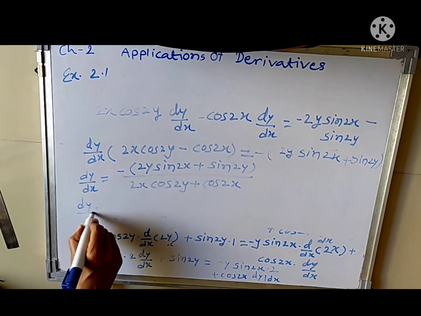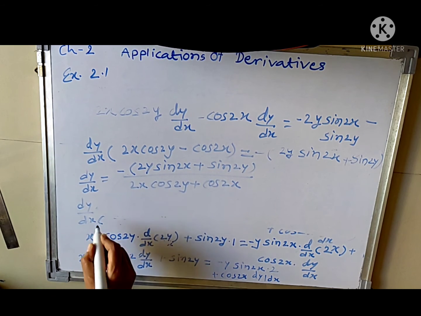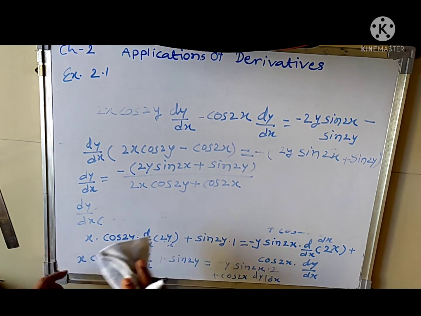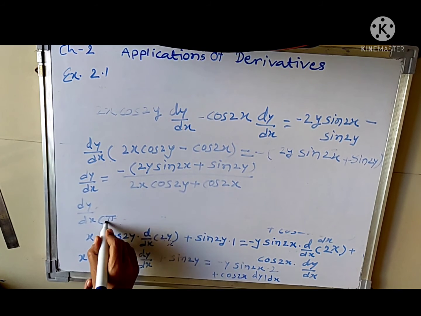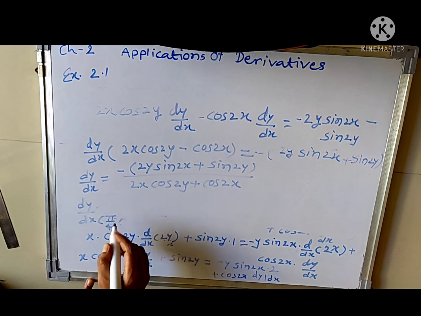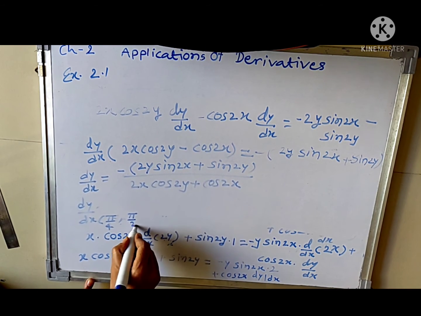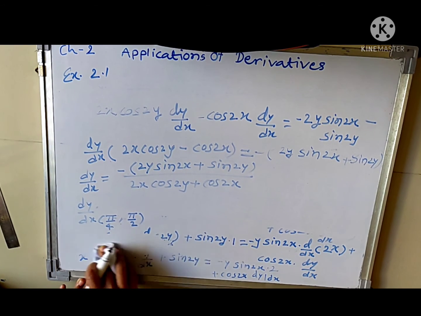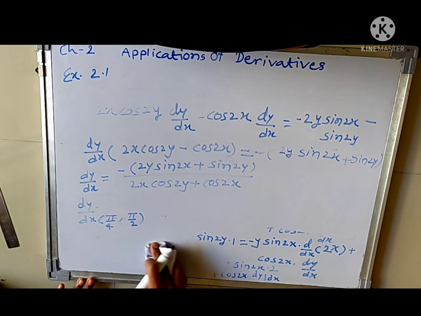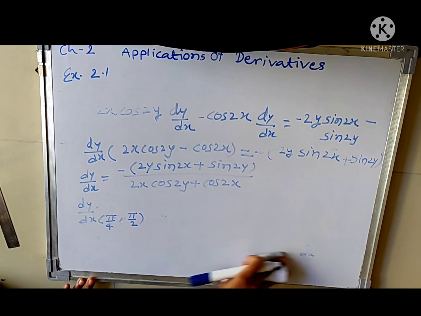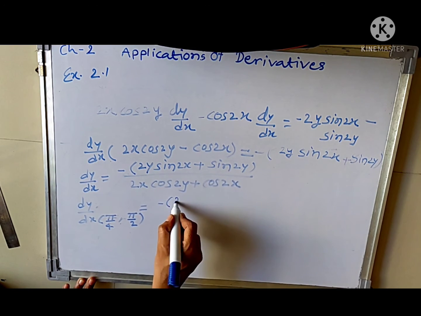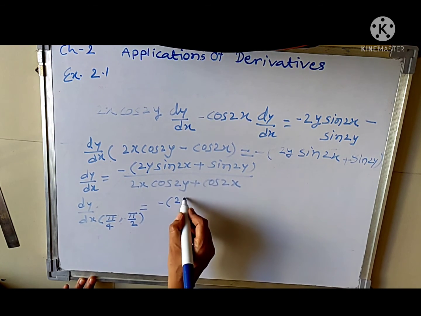Then dy by dx at the point, what is the point given? The point is given as pi by 4, pi by 2. Where is x? You have to write it as pi by 4, and where is y? Write it as pi by 2 there. Therefore, it is equal to minus 2, y is pi by 2,